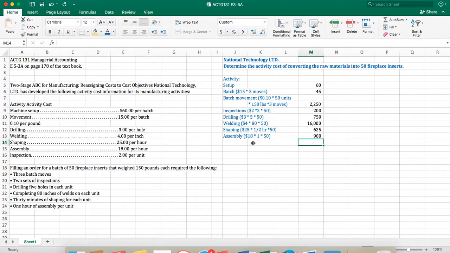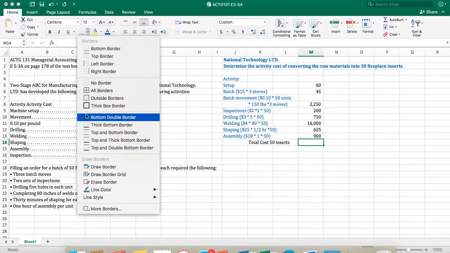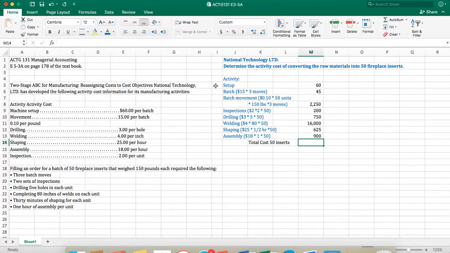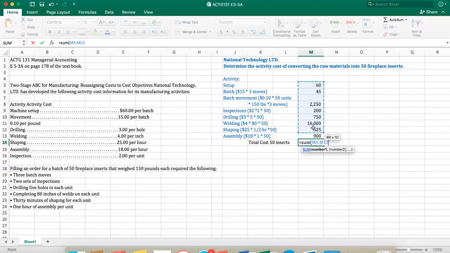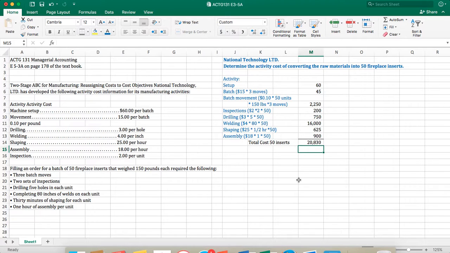So this is the total cost for the 50 inserts. Let's go ahead and put in that total. And we'll sum it. So the total cost of these 50 fireplace inserts is